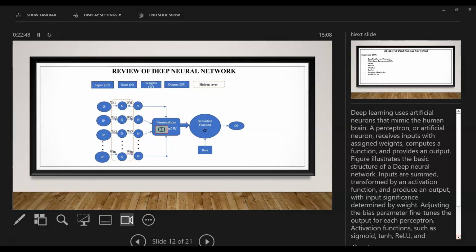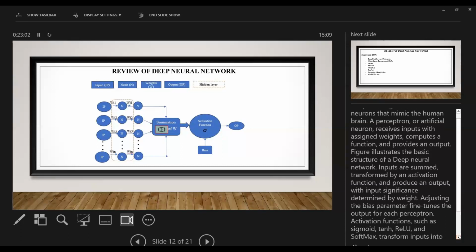More precisely, deep learning uses artificial neurons that mimic the human brain. A perceptron or artificial neuron receives inputs with assigned weights, computes a function, and provides an output. This figure, as I explained, illustrates the structure of a deep neural network. Inputs are summed, transformed by an activation function, and produce an output, with input significance determined by weights.